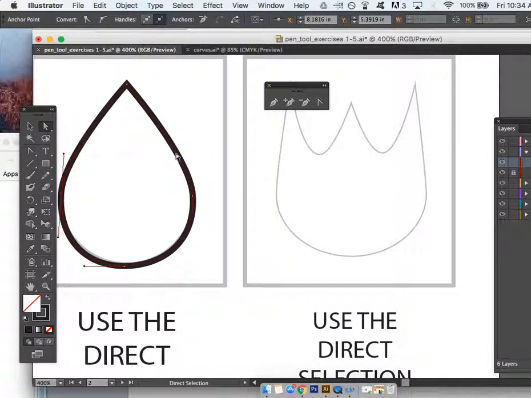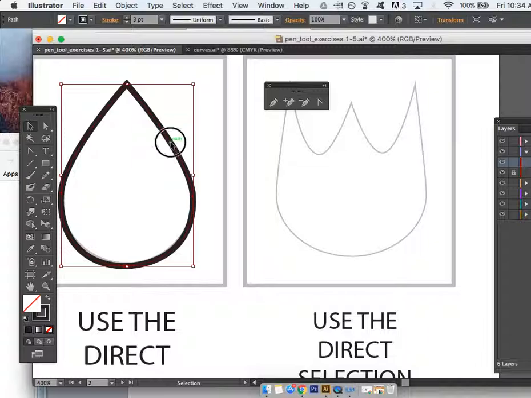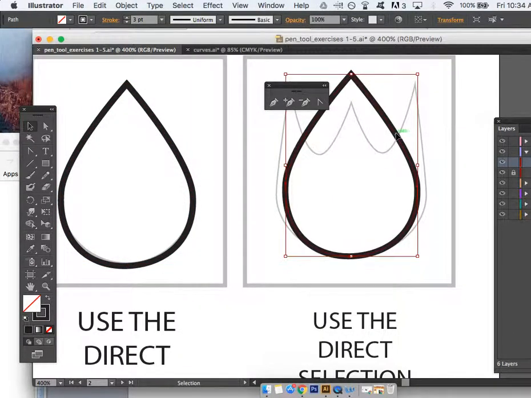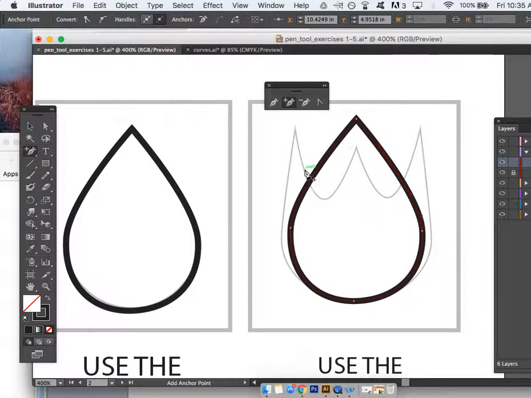So, you know what, I'm just going to go ahead and take this and show you how you can keep going with this. So I'm going to grab this one now, Option drag, bring it over. Okay, so how do I get all these things? So I already have this one here, but I need another anchor point here. I think I need something down here, and I need something over here. So check this out. I'm going to add an anchor point right here. I'm going to add another anchor point over here, and taking my handy dandy tool, I'm going to drag this up,